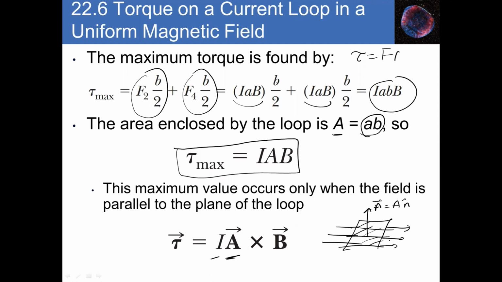So you do A cross B, the area vector crossed with the magnetic field B, and this will give you the torque. This equation can also be written as I times the area times B times sine of phi. For example, if here's the magnetic field, but